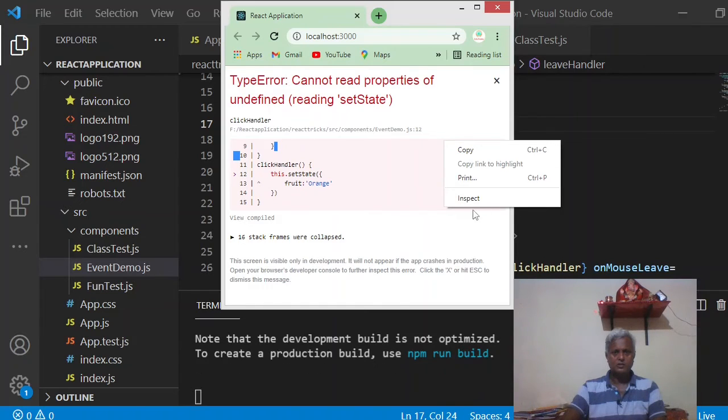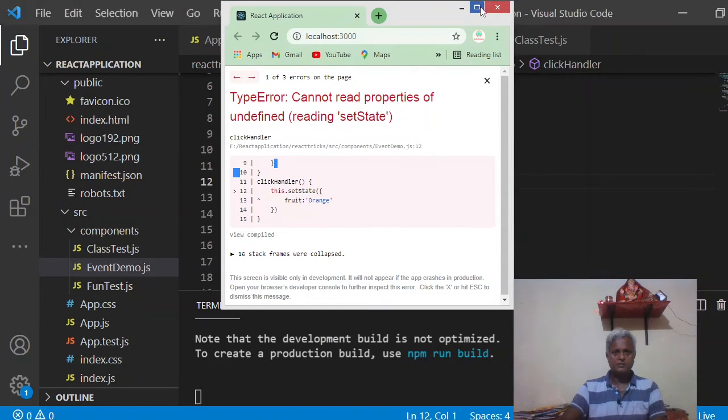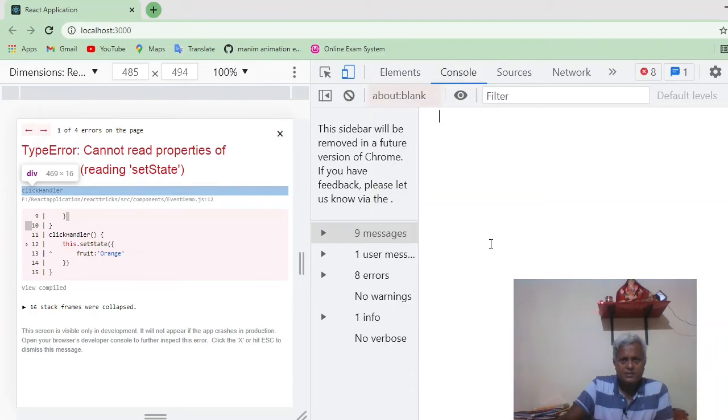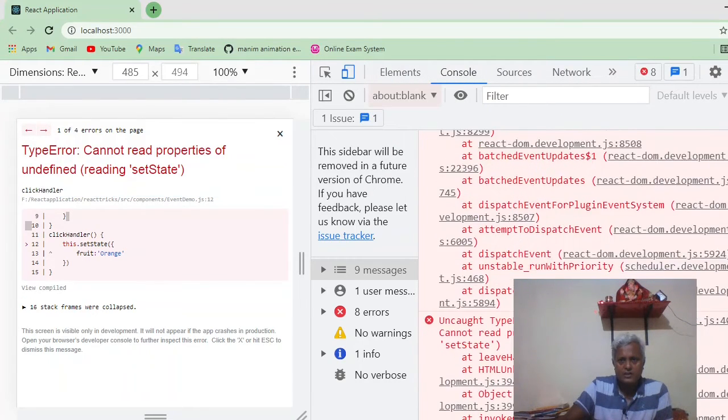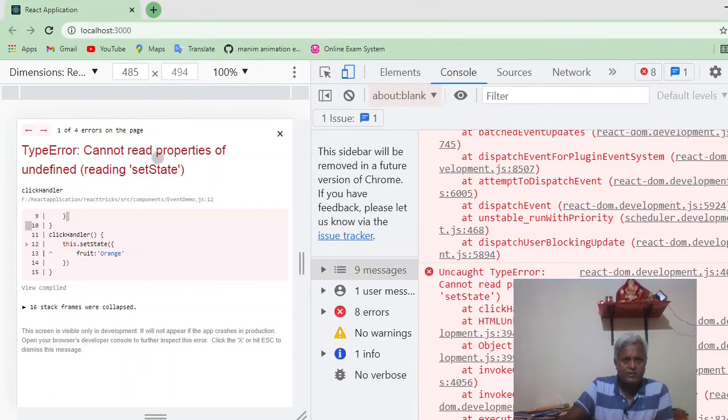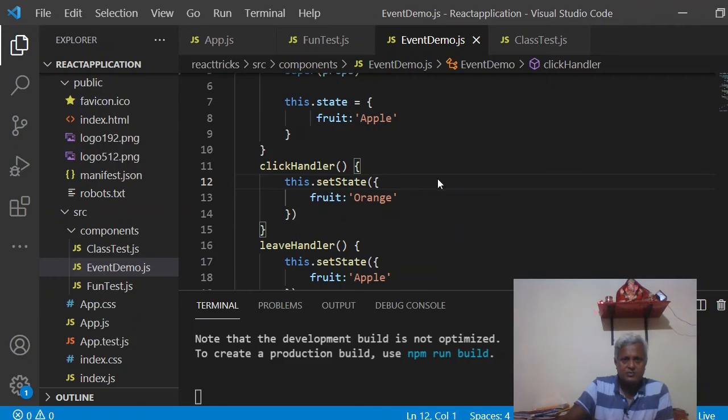Now I go to the browser to inspect. Then what happens? In the console, it says, oh my god, error. And the error is, yes, it cannot read property of undefined, reading setState. So this this.setState is creating a problem. So if instead of using this this.setState,